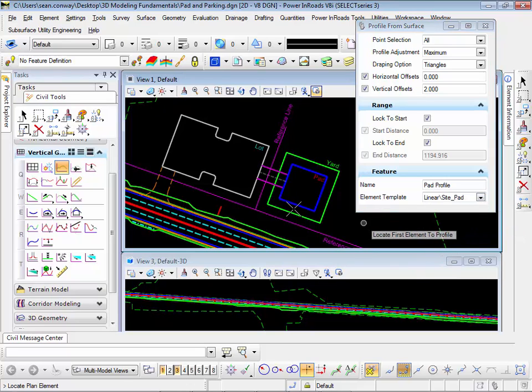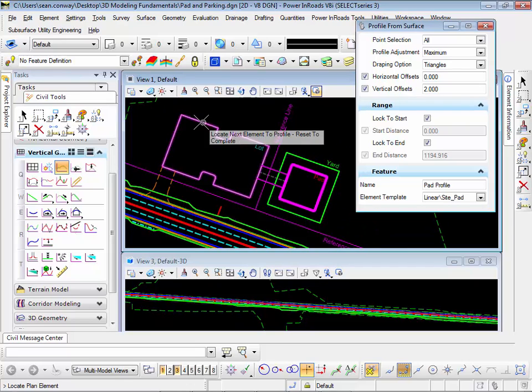for the element template. If your element template is set to none, it'll just take whatever the feature definition was on the horizontal geometry. I'm using this just so that I can make sure that it appears in my profile view a certain way. So we want to locate our pad, left click on that, and then next we're going to locate the element, keep locating elements to profile. We're just going to do the pad, so that's selected. Go ahead and right click